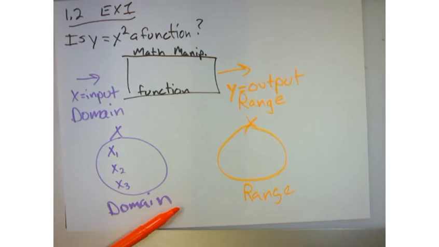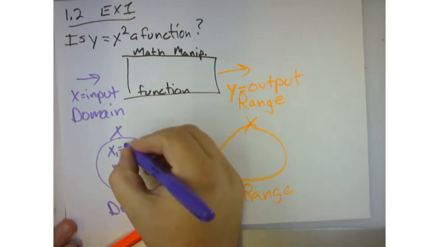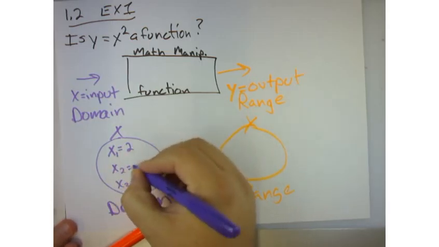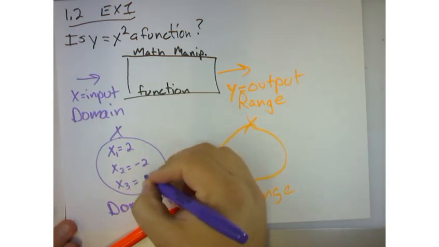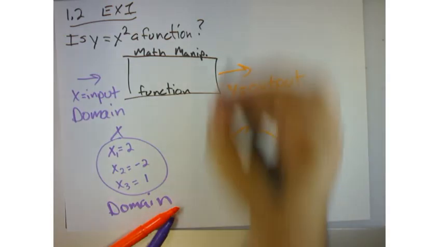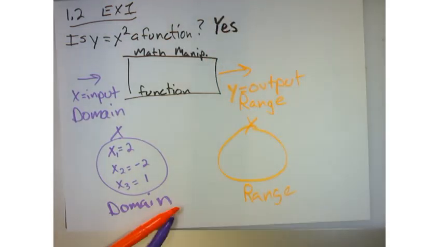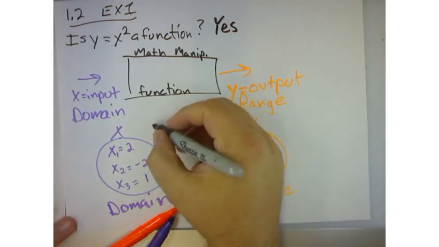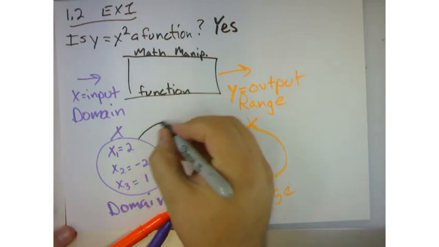Does that make sense? Now here's the thing. If I were to plug certain numbers in, I would get corresponding y values. So if I were to let one of the x's equal 2, one equal negative 2, and one equal 1, when I plug that into the equation, which I'll call f of x, so if I have a function, and I'll just go ahead and say it, yes, this is a function. I'm saying that because I want you to see why it's a function. So as I go through my function f,